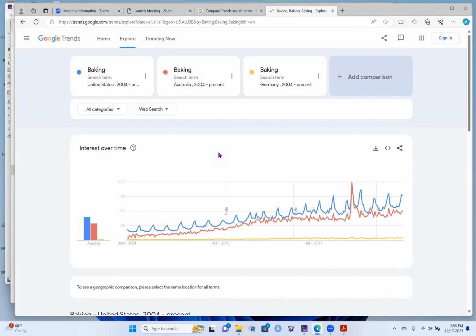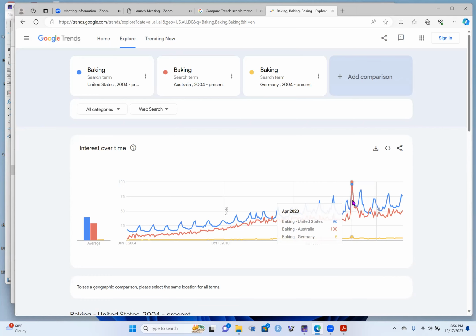Second question, what is common to the interest in baking in all 3 countries over time? Well, there's something common, which is that the interest increased considerably. If you scroll down through the picture, you can see that the most interest happened in April 2020. That's true in all the three countries. That's about when the COVID-19 pandemic started to be